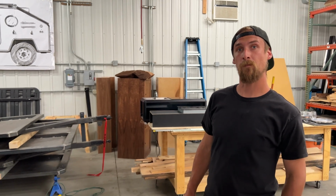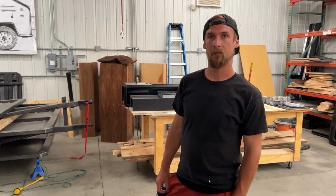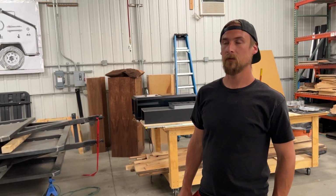So is there an additional array that you have with the trailer that you'd plug in separately and set out and stand up in the sun or something like that? Okay. And that gives you 8 kilowatts, that's the goal anyway. Yeah, 9 kilowatt continuous output. So 9 kilowatt. I mean, that's better than a lot of the RV plugs that I've used,